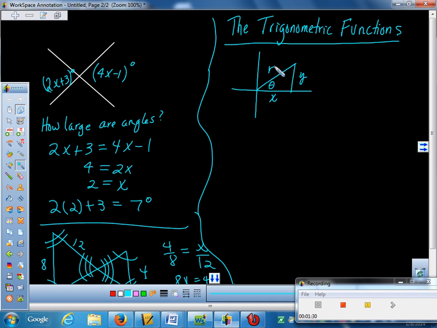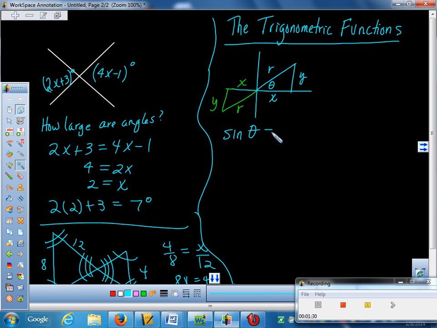Alright, so we have X, Y's, and R's. And it does not matter where I put that triangle. If I put that triangle down here, say in the third quadrant, when I draw the triangle, I always draw to the x-axis, and I still have the side going horizontal is x, the side going up and down is y, and the hypotenuse is always r. It does not matter where you position the triangle. They're always in the same place. Okay. All the trig functions are